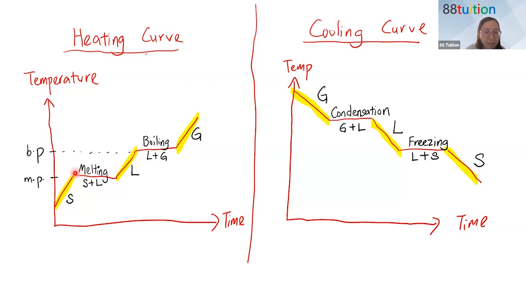Therefore, all right, the heat that is gained is not used to increase the temperature. Because by right, if you gain heat, your temperature should go up. All right, so let's say you're having a fever, you're gaining heat. Your temperature will go up. But it's a special case during melting, all right, that when there is heat gain, yet temperature stays the same. It's the same for boiling. So even during boiling, there is